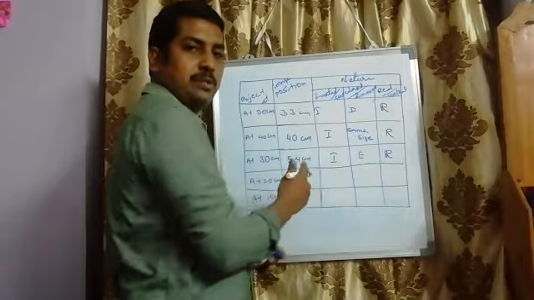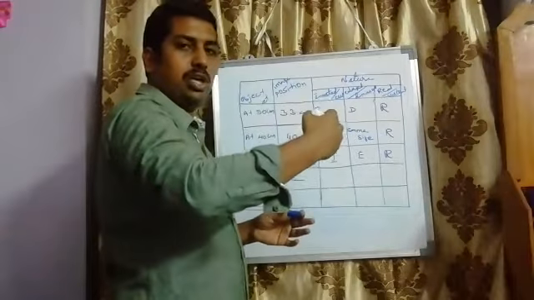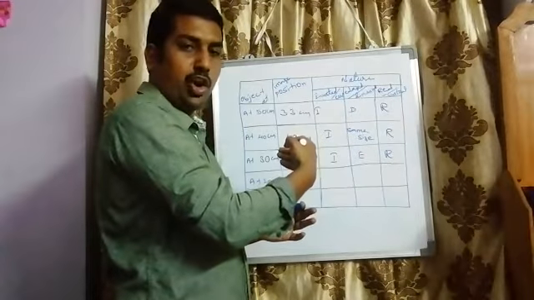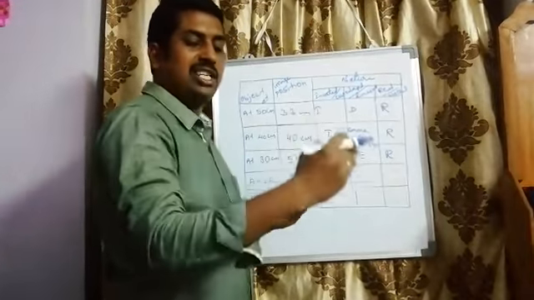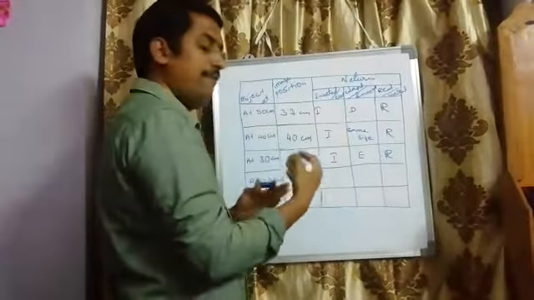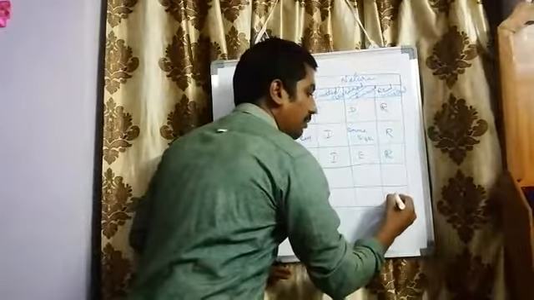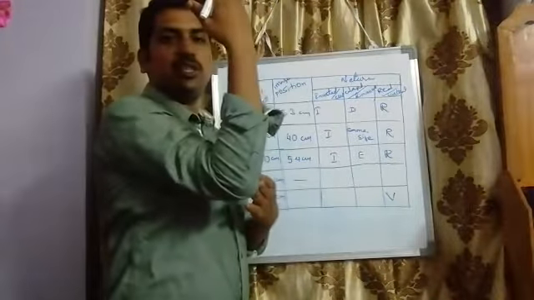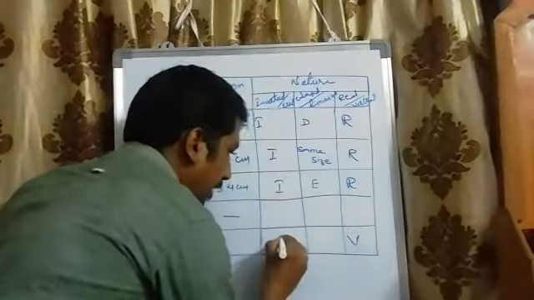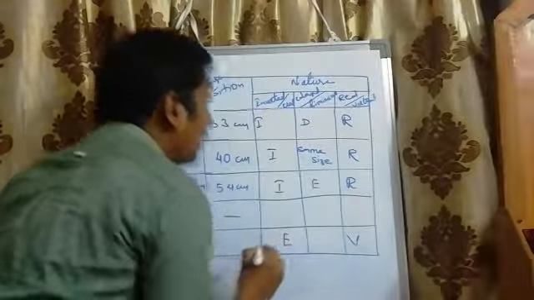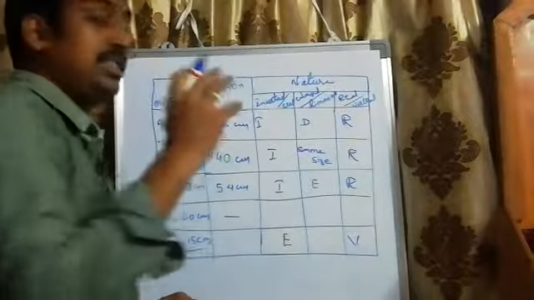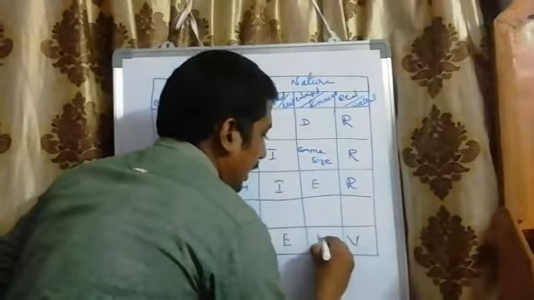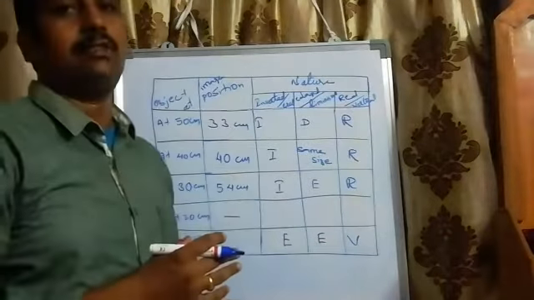And next, when we placed object at 15 centimeters, we exactly don't know the distance from lens to image, because we are seeing through the lens. We are not observing on the screen, we are seeing through the lens, which indicates it's a virtual image, it's not a real image. Of course it was not inverted, it was in the same direction, it was an erect image, and the size of the image was larger, nothing but an enlarged image. So these are different characters of the images.